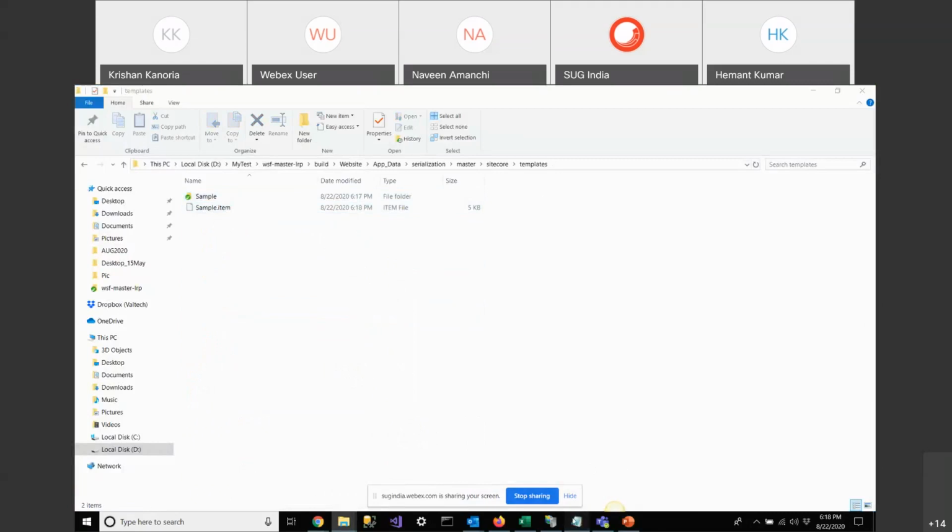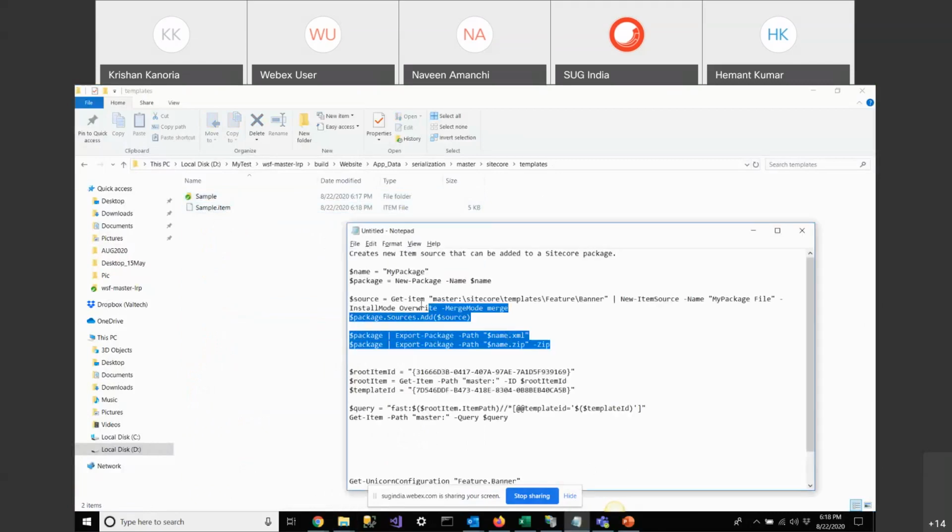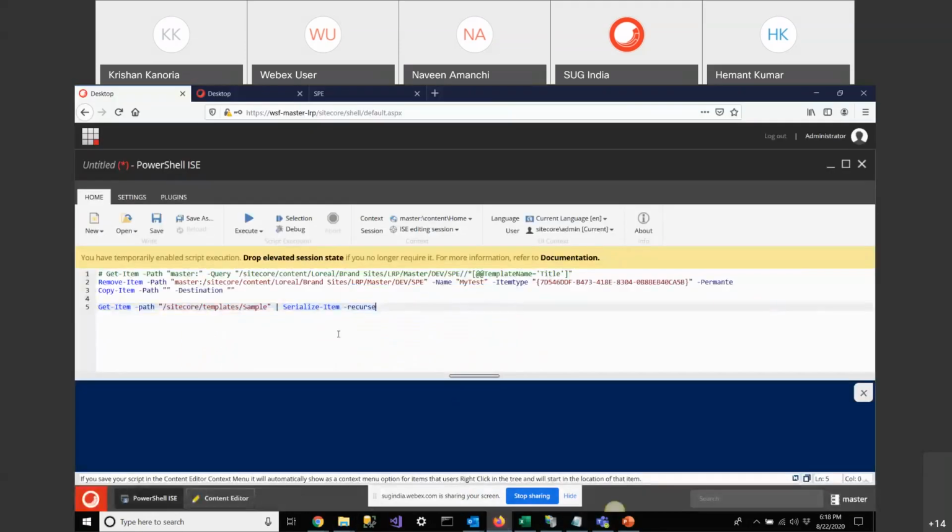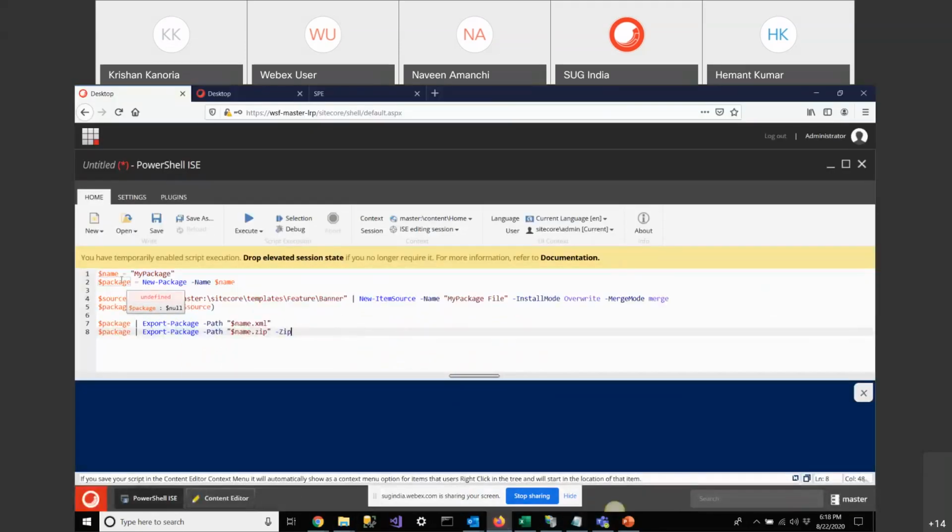For package creation, I have written one script, so I'll show you directly because we have very little time. For package creation, I need to declare a variable and give a name, my package. I need to give the new package command, and in the source I'll write get item.